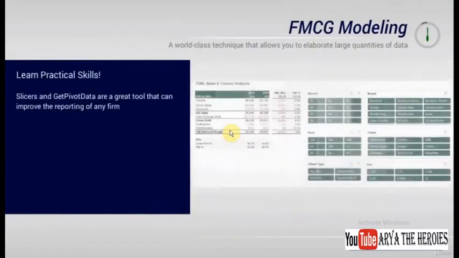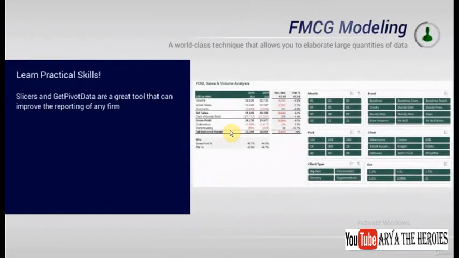In this chapter, we will show you a world-class technique that allows you to work with large quantities of data in a flexible and effective way. We already know what slicers are and how to insert them. This is the right time to see how they can be applied in practice and improve the reporting of any